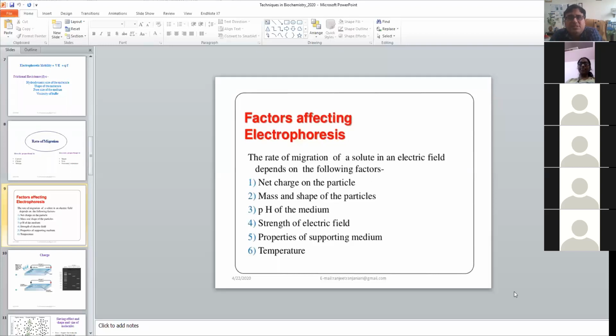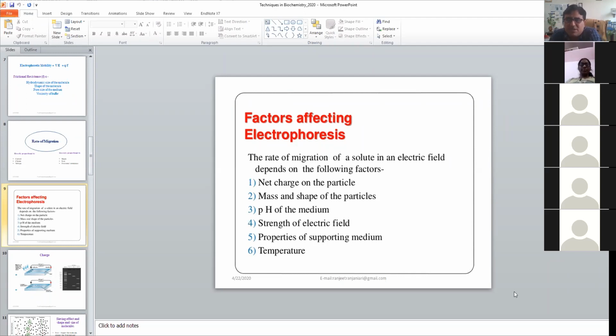Many times we have seen that in case of agarose or SDS-PAGE, when you run your sample, there will be a very mixed band. A cloudy, fuzzy band will come. And many times when you run, it will be very sharp. This cloudiness, fuzziness or sharpness is directly correlated with the pH of the buffer you are going to use, right? So the pH of the medium is very important.